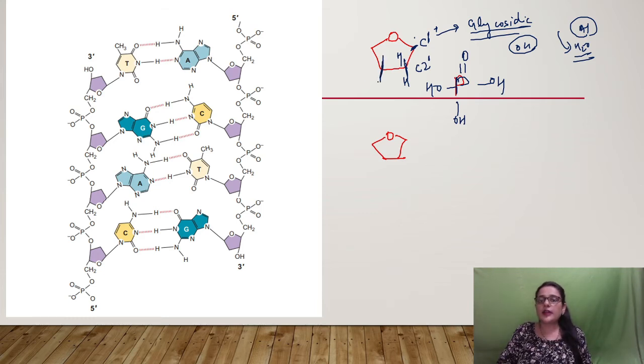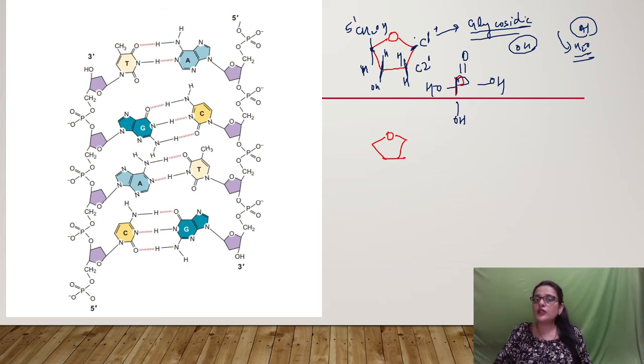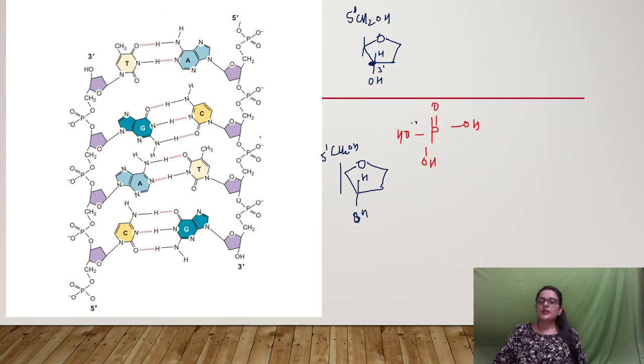This third carbon, number 3 prime, is having OH. This fourth carbon is having CH2OH and H, and this fifth carbon is having CH2OH. So of course only the third carbon and fifth carbon are having OH to donate or to give while forming the phosphomonoester bond. So see, this phosphate molecule will try to form a phosphomonoester bond with this sugar at the 3 prime carbon and with this sugar at the 5 prime carbon.